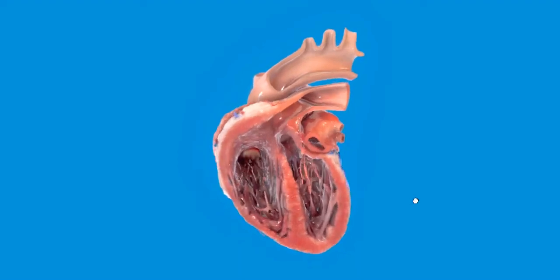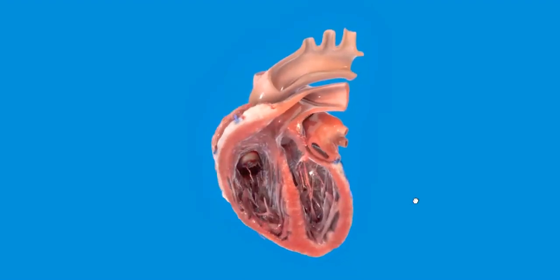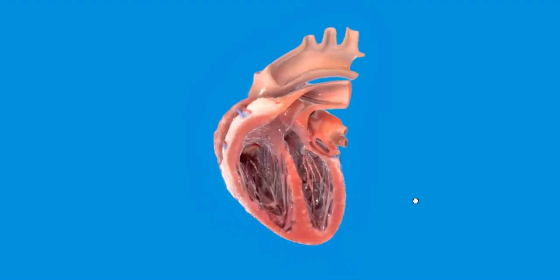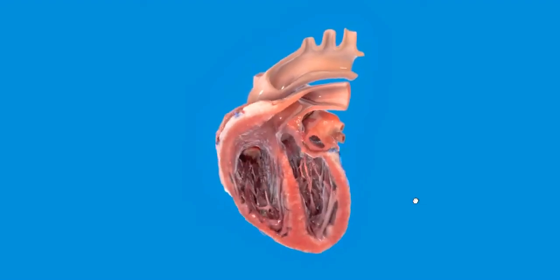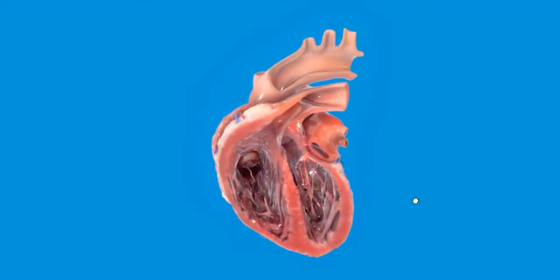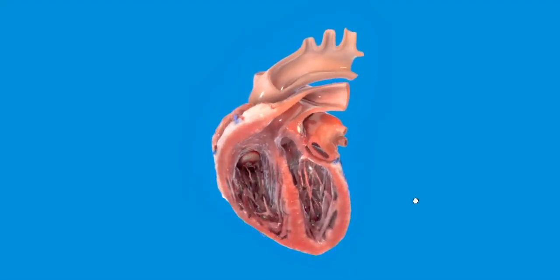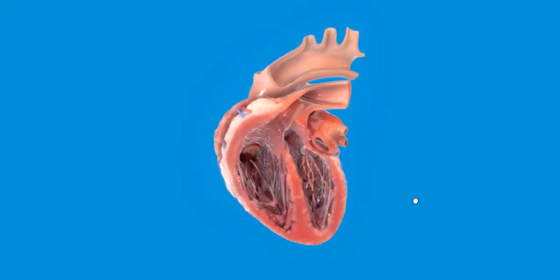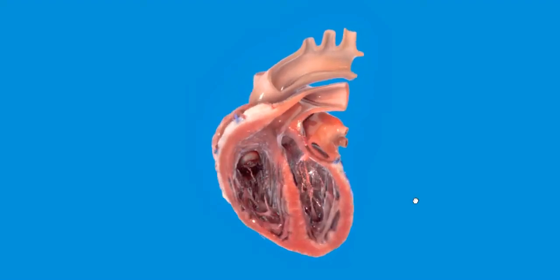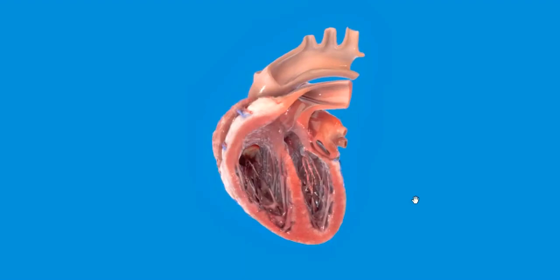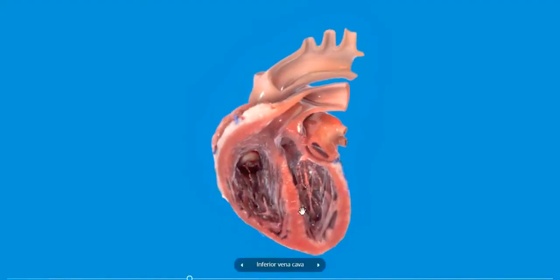Chambers: two atria and two ventricles. The previous name of the atrium is auricle, and now the auricles name the appendages of the atrium. The two atria are separated from each other by the interatrial septum, and the two ventricles are separated by the interventricular